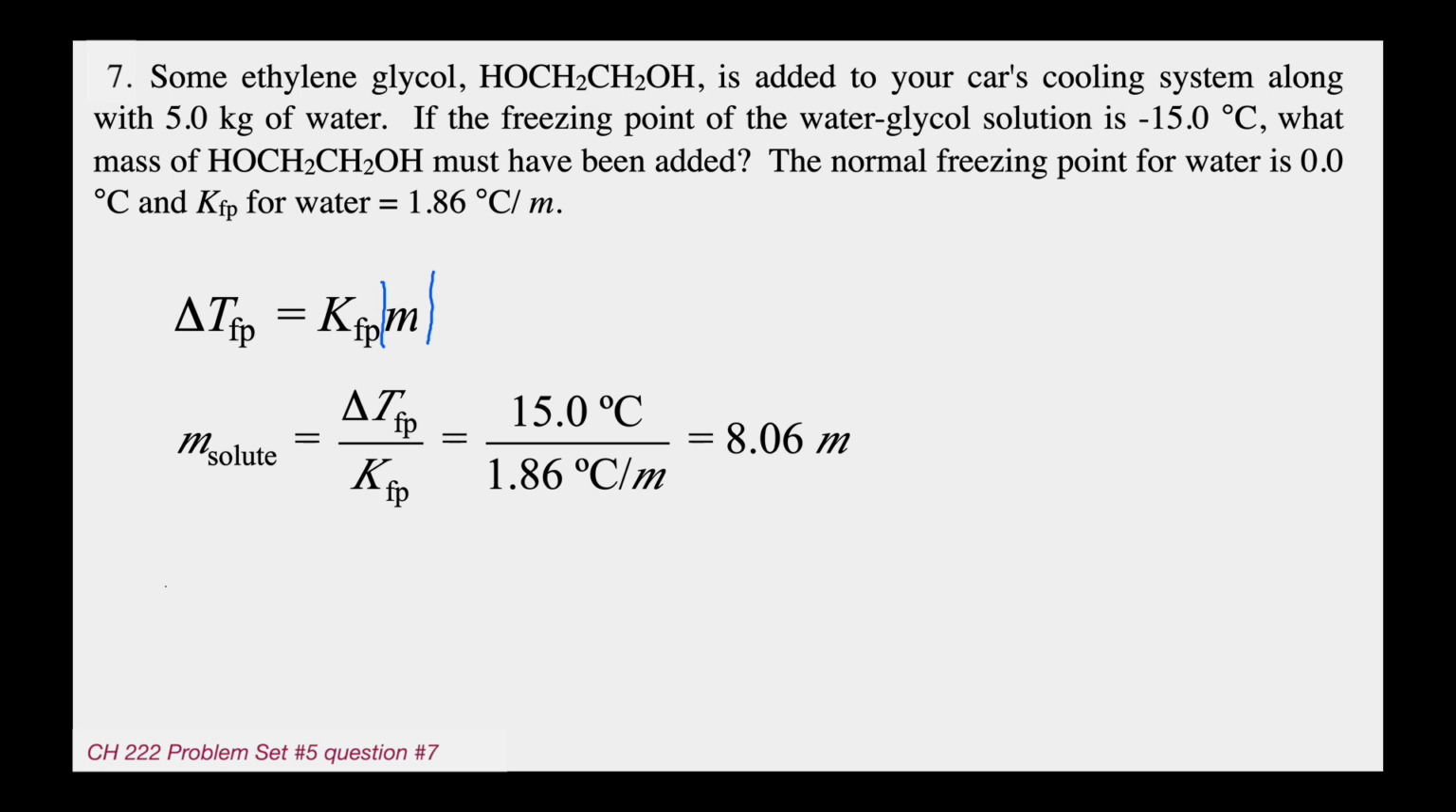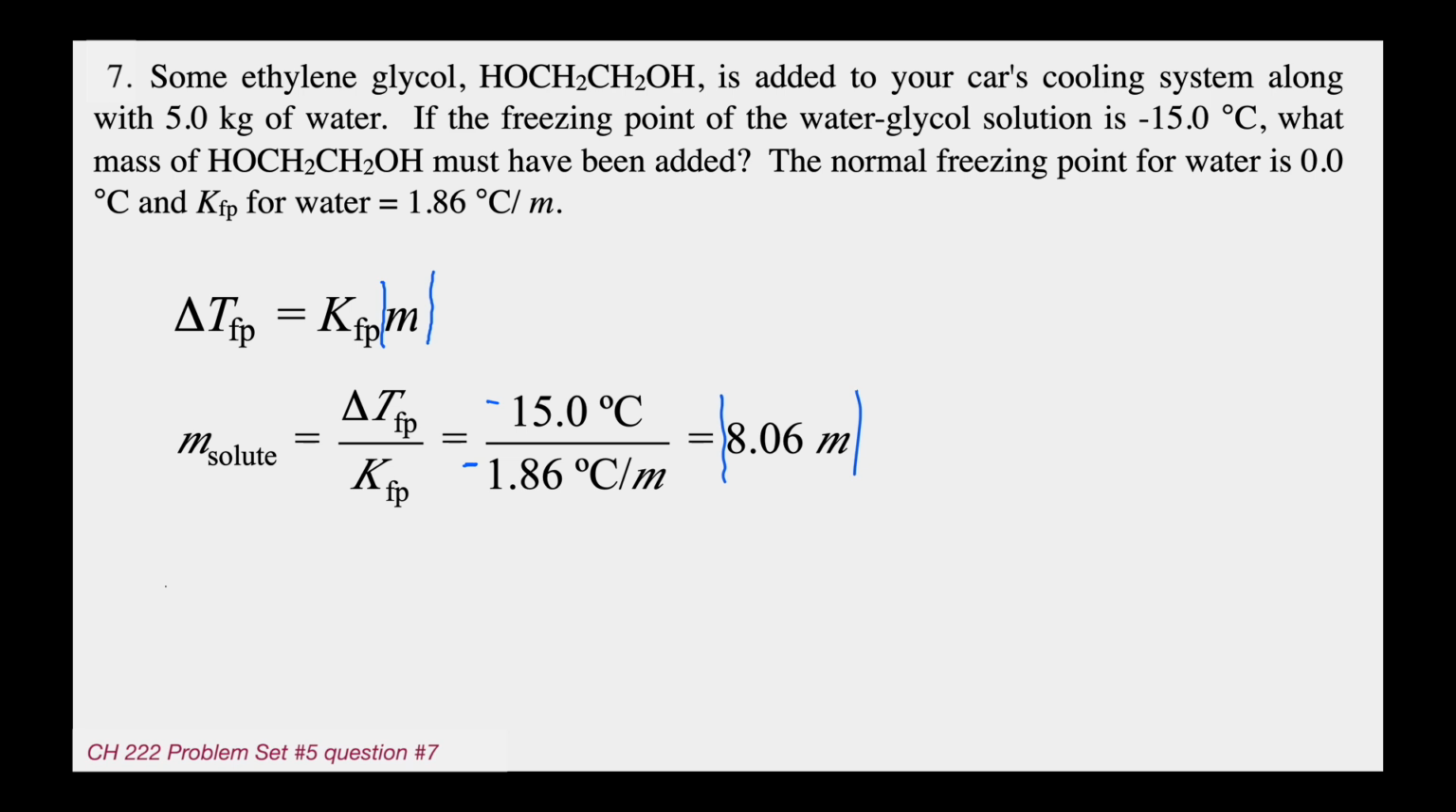It lists KFP here as a positive, but again, you can have negative for one of them or negative for both of them, whatever, I don't care. You just make sure that that molality is a positive number. So I don't care if your delta T's and K's are positive or negative, you make sure your molality is a positive number. That's most important, okay? Everything else is secondary. Now, 8.06 is the molality of this ethylene glycol water solution,